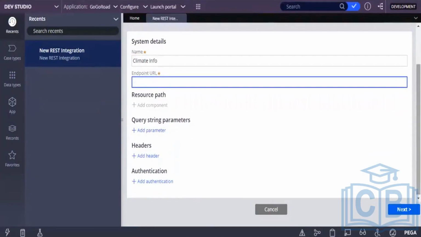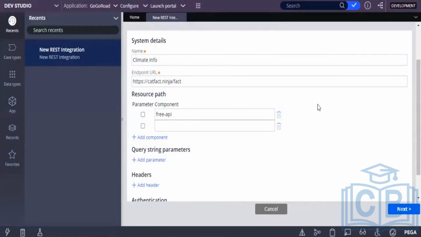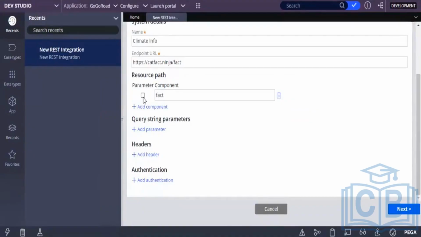The organization clients will be there, right? The business will provide you the URL to which you have to integrate. Click on next. All the things will be provided by business.